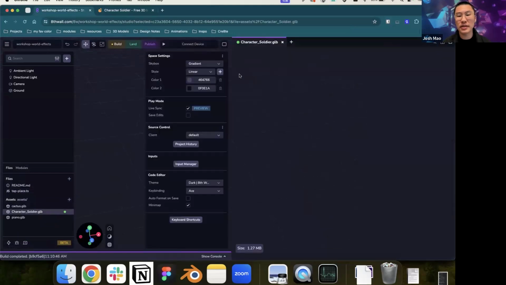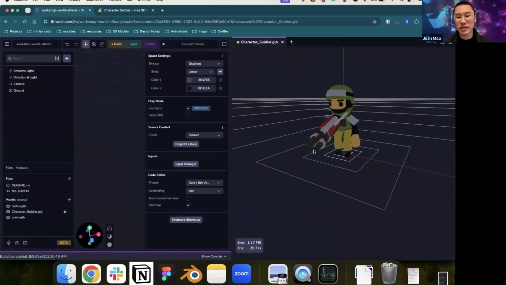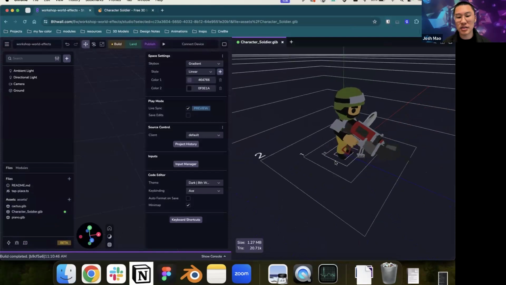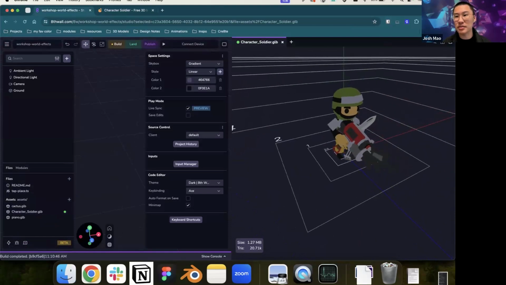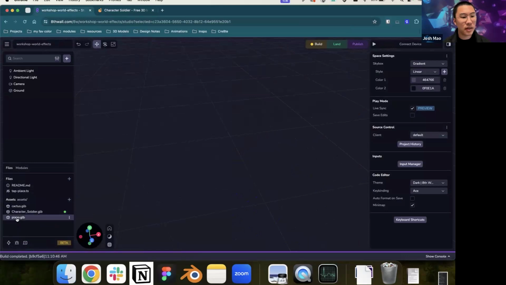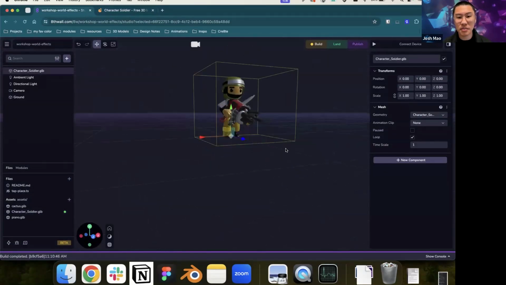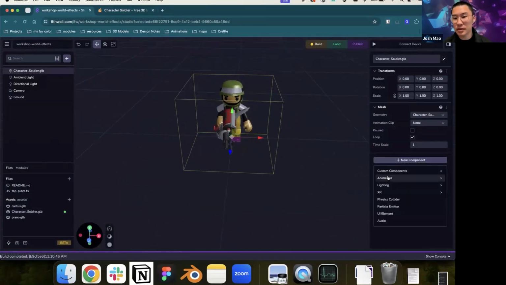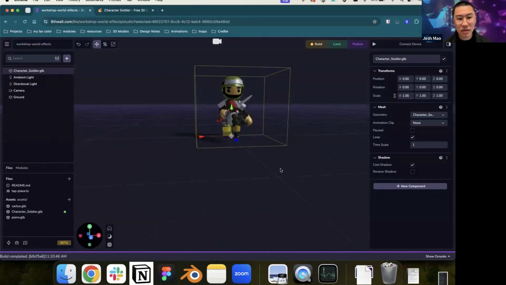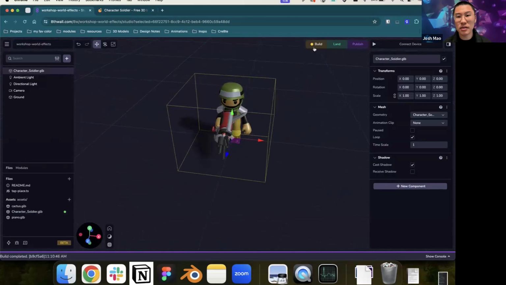And there we go. We have your character. If you click on it, you can see the character. He's only 1.27 megabytes, which is really nice, really small. Cool. And then we can just drag him into the scene. Looking good. Transforms are all 0, which is good. And he's standing on the ground. And this time I'm going to make sure to add that shadow component. Looking good. And cool. If we build right now,